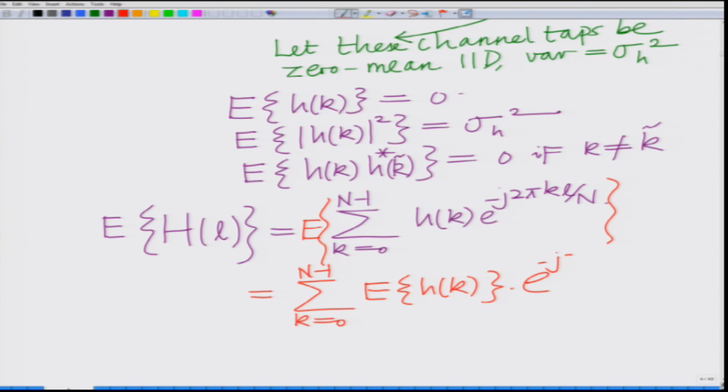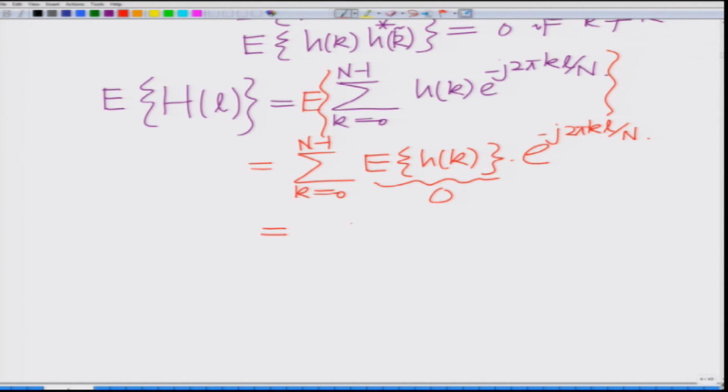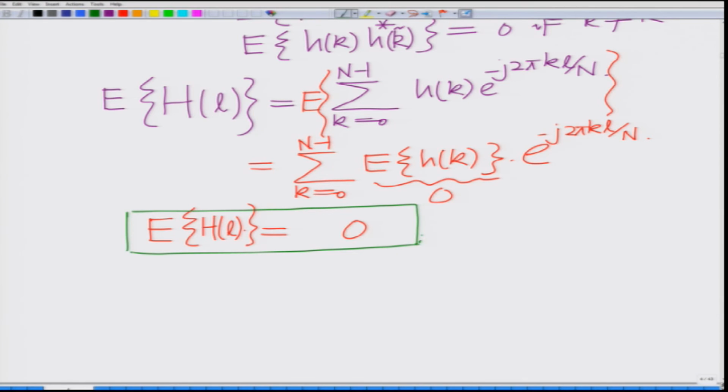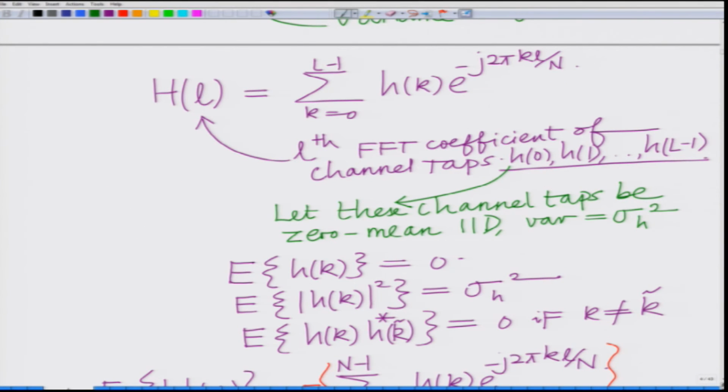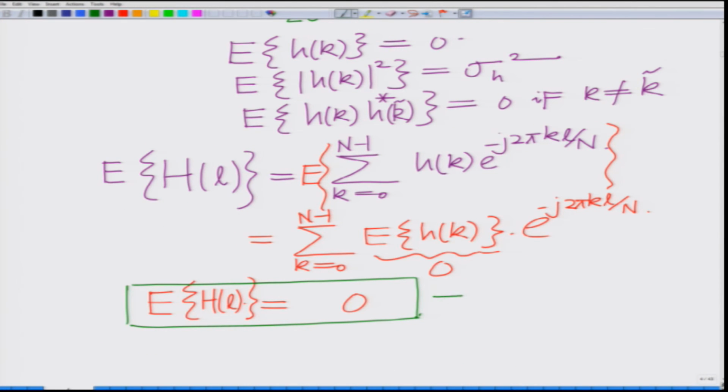h_k e raised to minus j 2 pi k L by n. The expected value of each h_k equals 0, because we have assumed these to be 0 mean random variables. Therefore, the expected value of H_L, where H_L is the Lth channel coefficient on the Lth subcarrier, the expected value of each H_L is also 0. Which means each H_L, the channel coefficient on the Lth subcarrier,